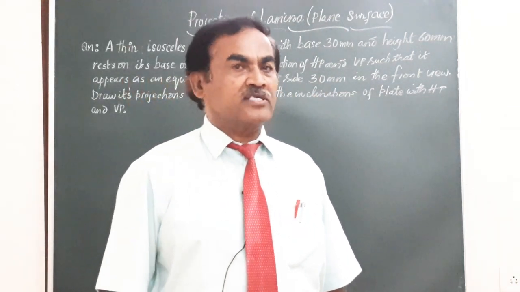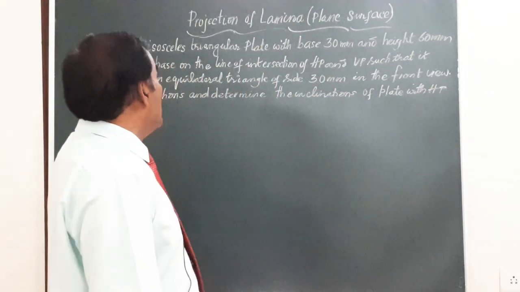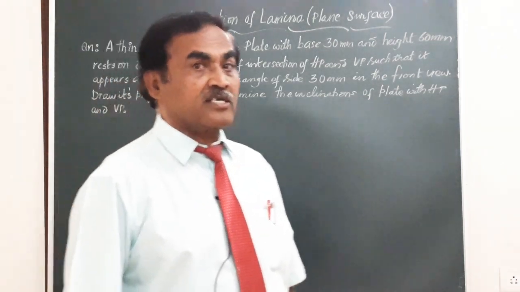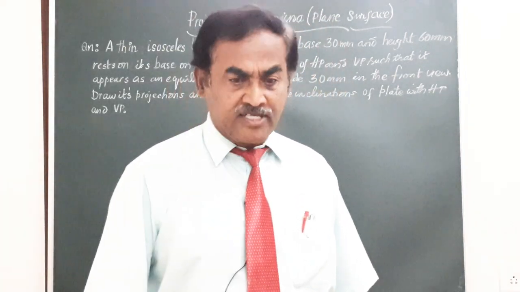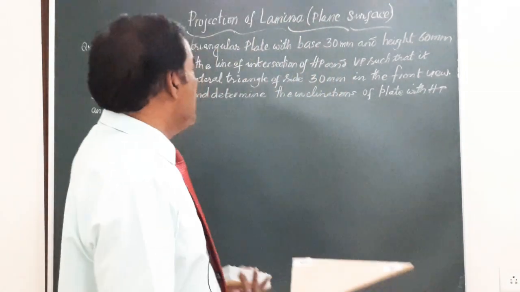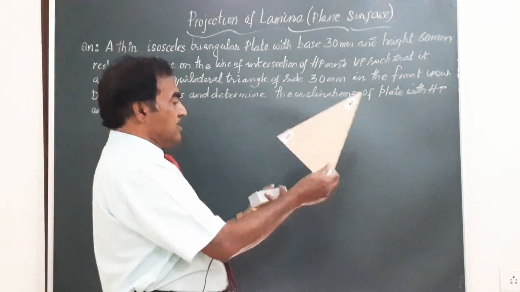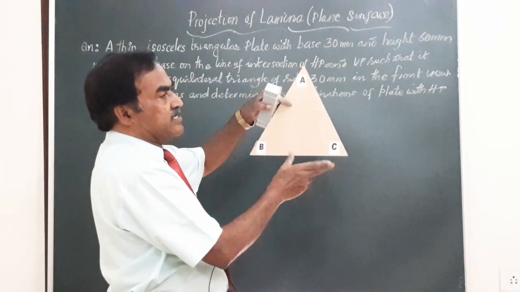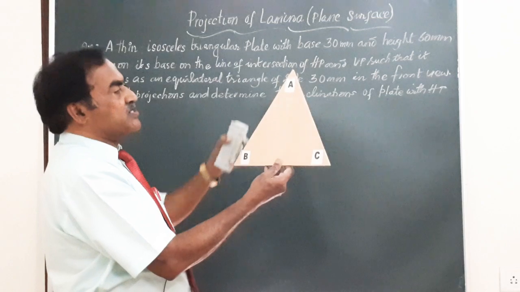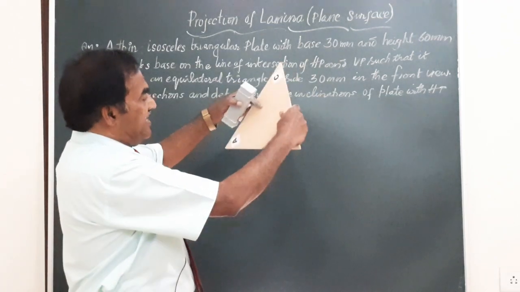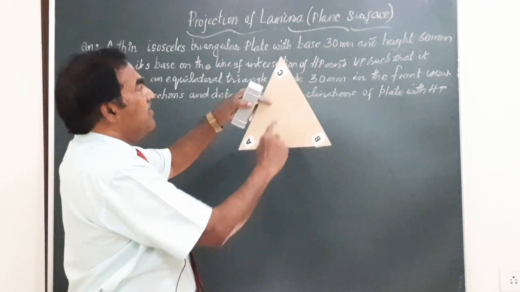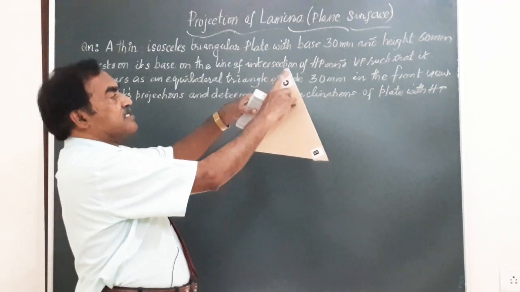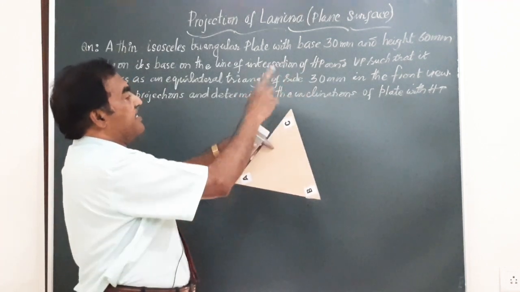Friends, in today's session, we have a problem on the projections of an isosceles triangular plate. So, you know what an isosceles triangle is. For example, in an isosceles triangle, you will have a base and the height of this will be generally more than the side. Assume this to be an isosceles triangle with the side, say AB, measuring 30 mm and the height of this is given as 60 millimeter. So, this height, vertical from this corner till the base, is given as 60 mm.